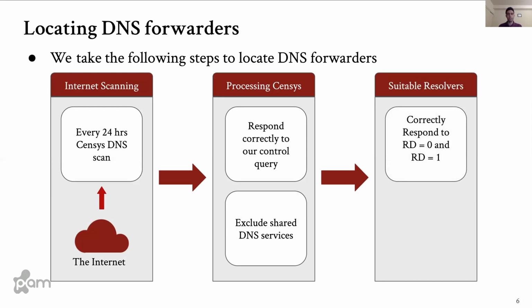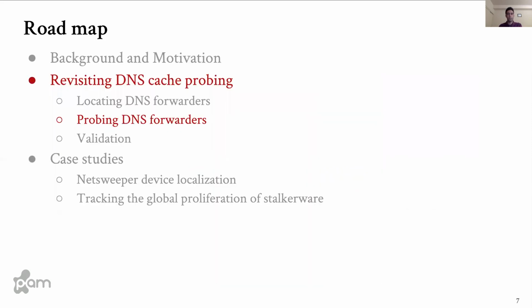This is because we don't expect any resolver to have a unique subdomain of ours in their cache. Second, the IPs that respond to a recursive DNS query to a unique subdomain of our scan domain with a resolver address and an approximately full TTL equal to our scan domain's TTL value. And finally, the IPs that respond to at least one RD equals 0 request for google.com with an IP in Google's AS. So now that we have access to these well-behaved DNS forwarders, I'll describe how we perform our DNS